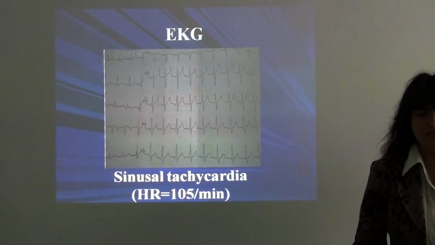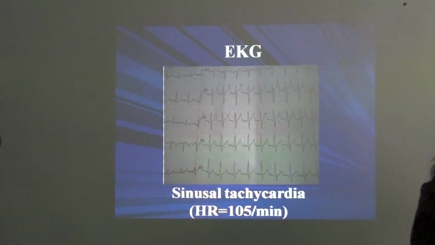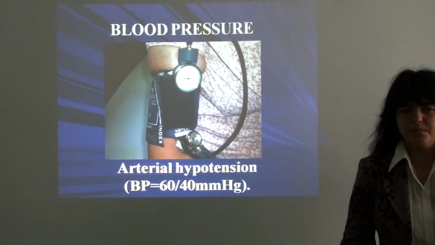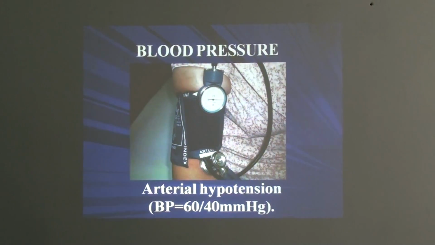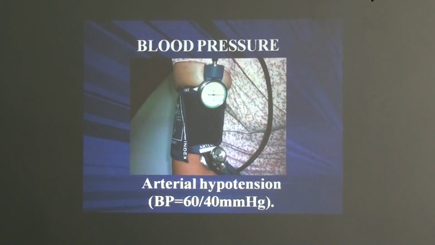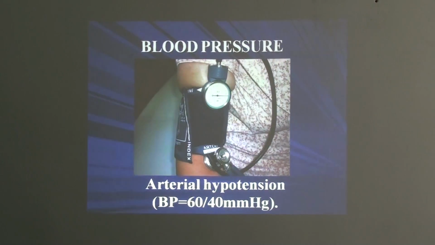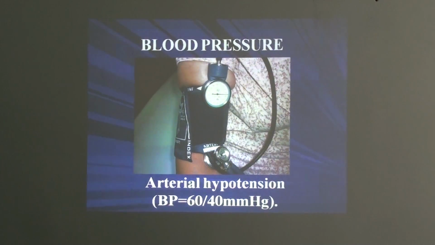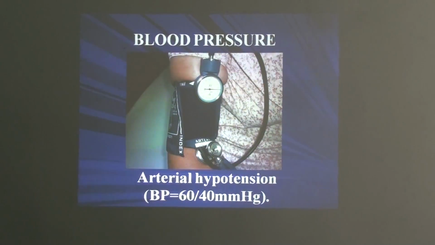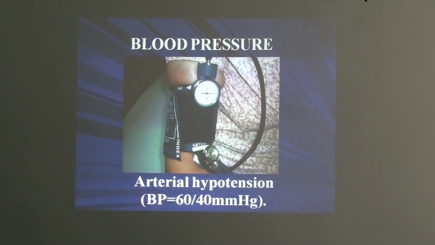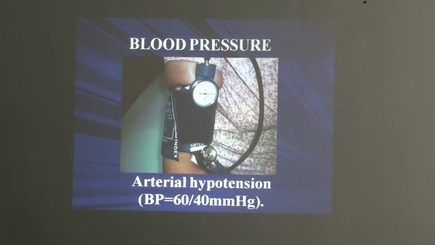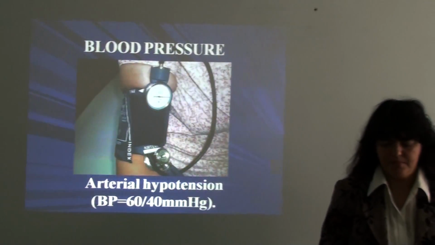In the next slide, follow the aspect of the patient at the time when I checked the blood pressure, and I put this slide for you to attract attention that at the moment when I checked the blood pressure of the patient, the value of blood pressure was very low, 16/14 mm mercury.